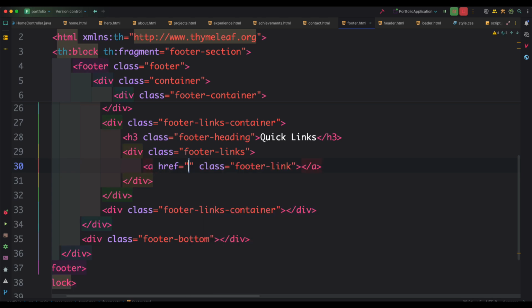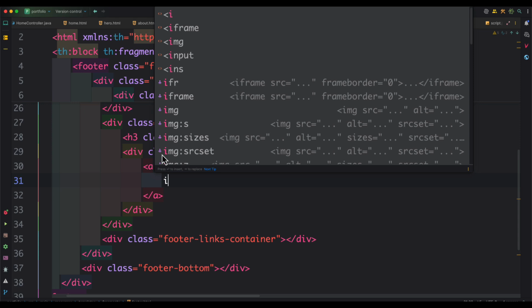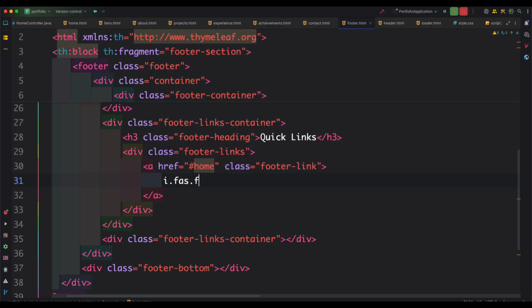Let's add the href for home. Under this create a font awesome icon, chevron right,